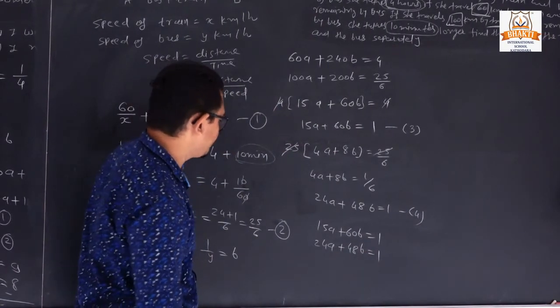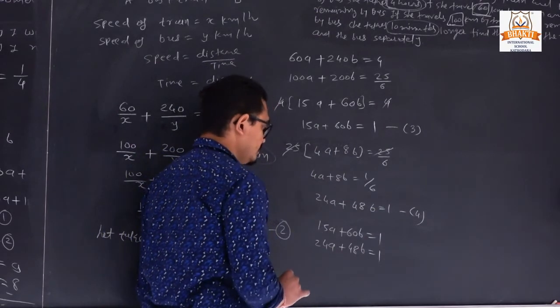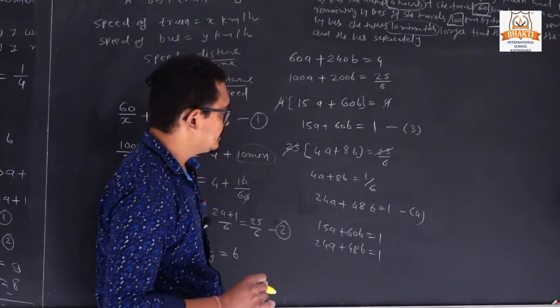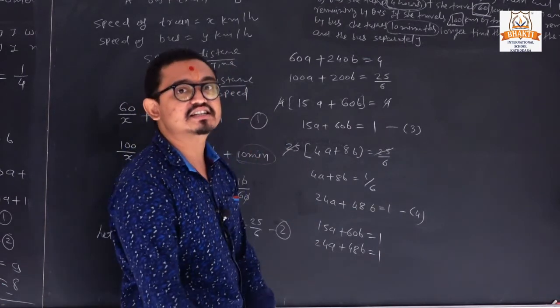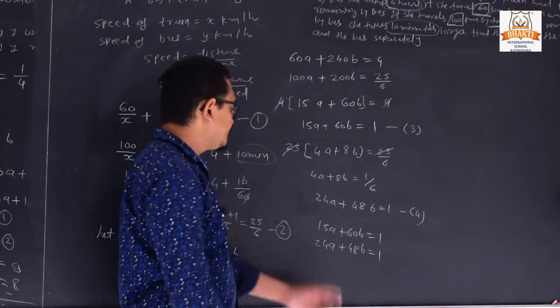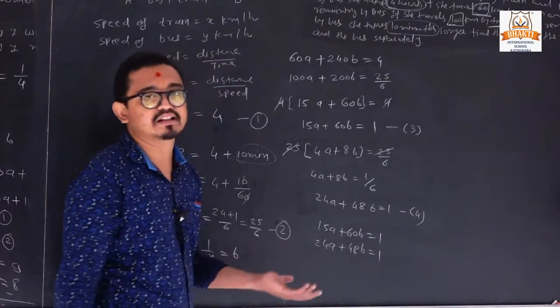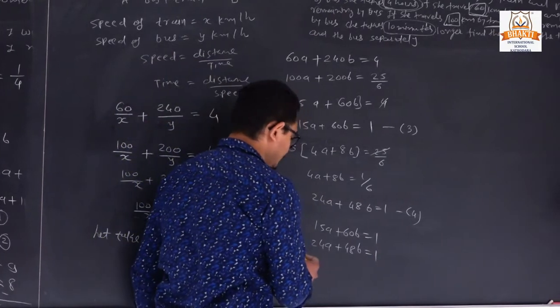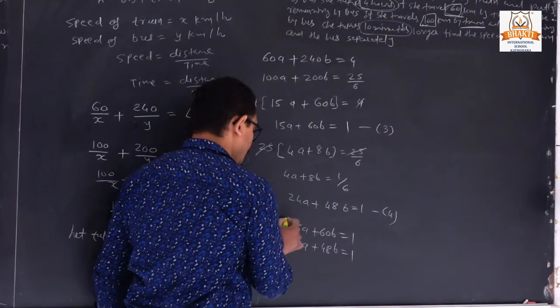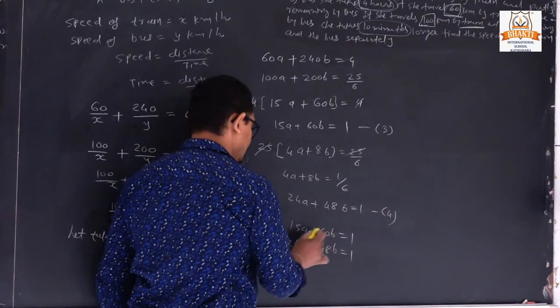So now we can drop this. So how can we drop this? So here which method are we using? Cross multiplication method. So it is easy for us. Or a substitution method, because in each sum we can use any of the methods, substitution, elimination, or cross multiplication. So now the first equation is multiplied by 48 and the second equation is multiplied by 60.